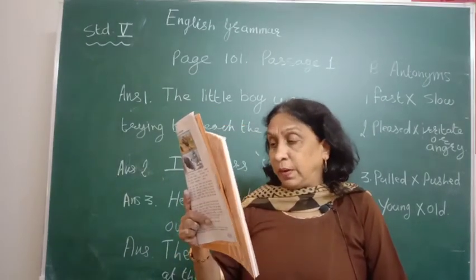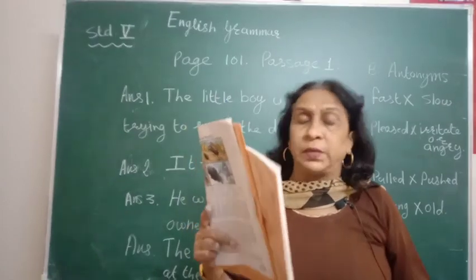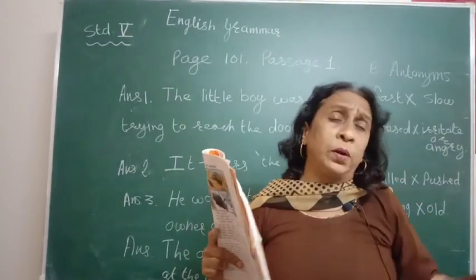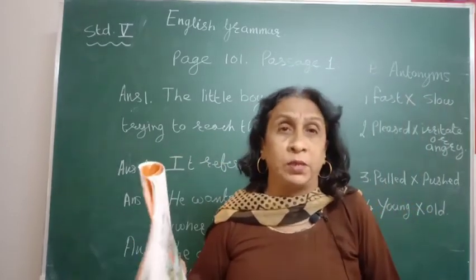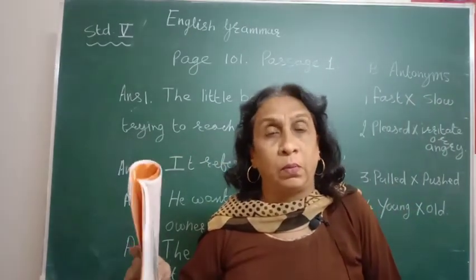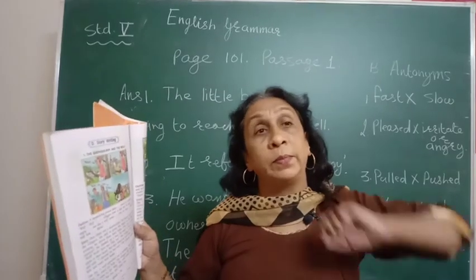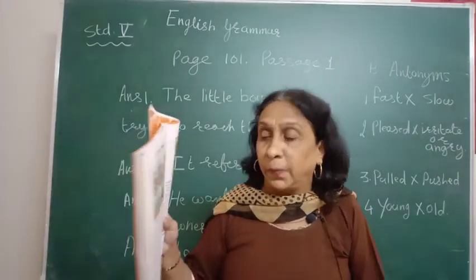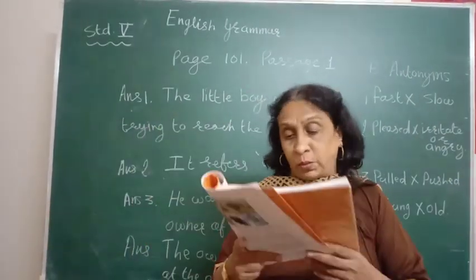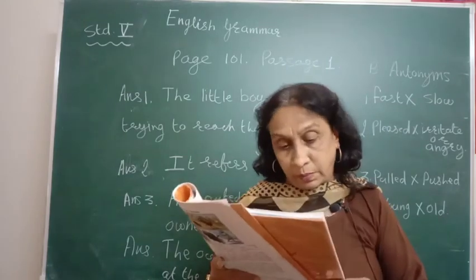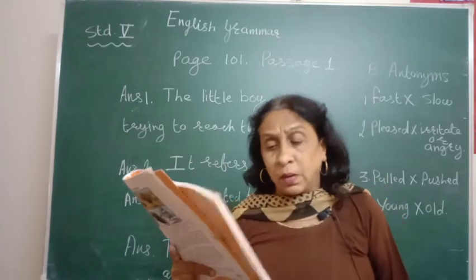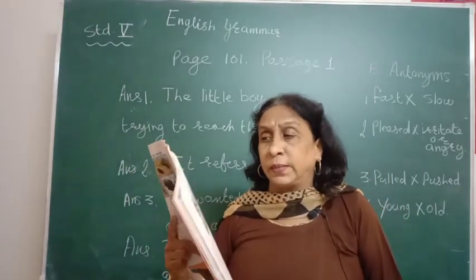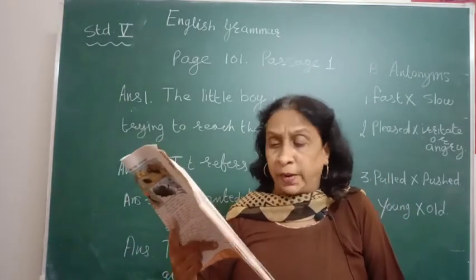He climbed up a tree. He cried at the top of his voice. Top of his voice means to shout very loudly. Some children cry at the top of their voices, very loud noise, it can be heard everywhere in the colony. Top of his voice means very loud noise. Wolf, wolf, save me, help me. What does he shout? Wolf, wolf means the wolf has come. Wolf, wolf, come and save me, help me.